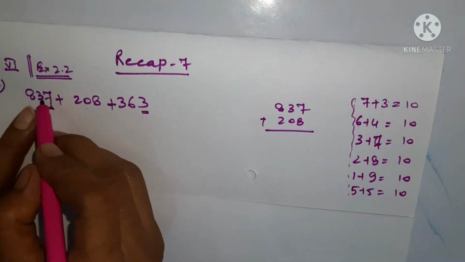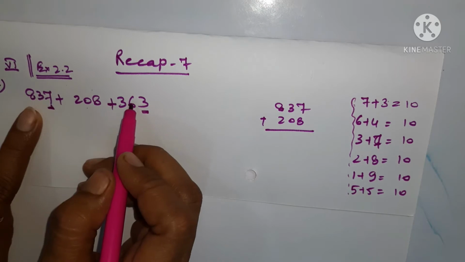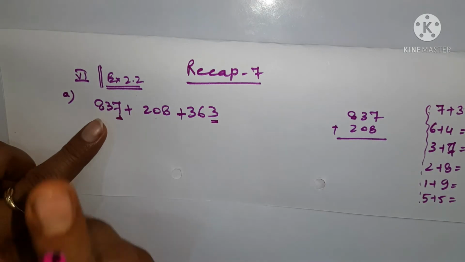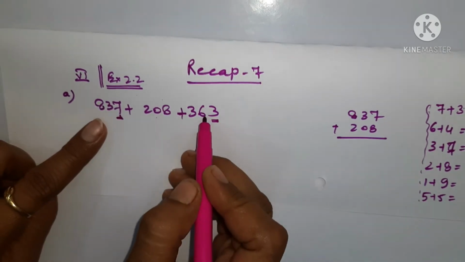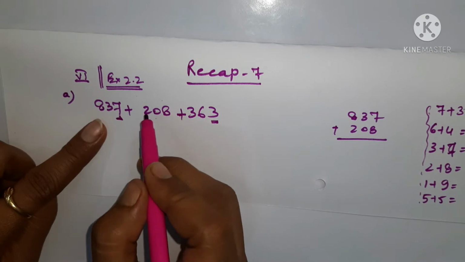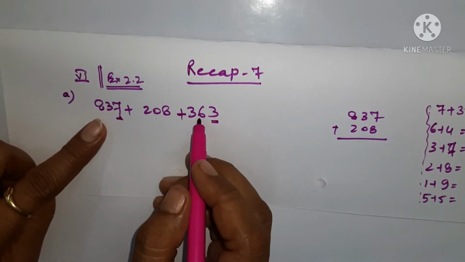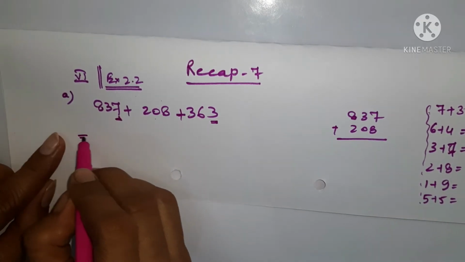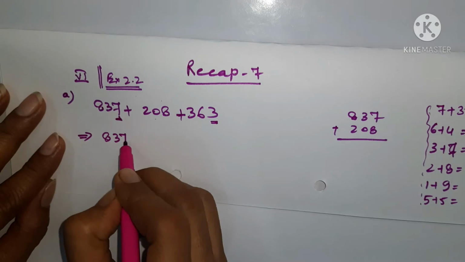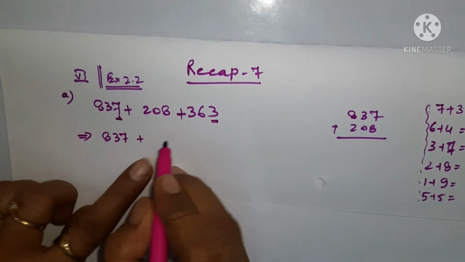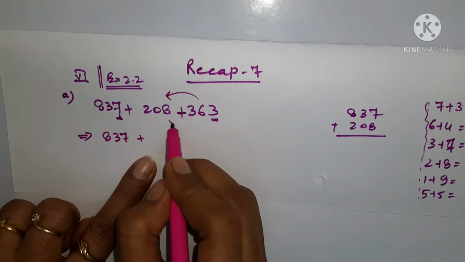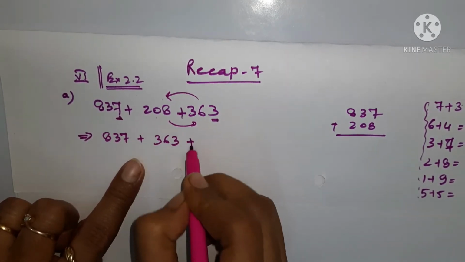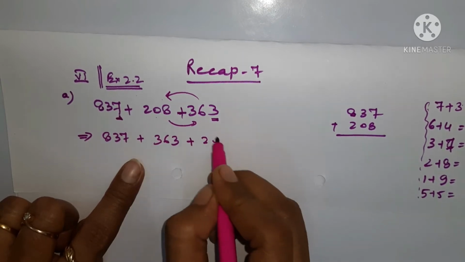So if we are going to add these two numbers together, we are going to group them together. Now for grouping we have to use two of the properties. First of all, we have to shift this number to this place and this to this place. It means we are going to use the commutative property here. Okay, we have to interchange the places. So in this case, you simply can write 837, let it be as such, plus just change this place to here and this number to here. So your 363 will come this side, and then you are having 208 to this side.